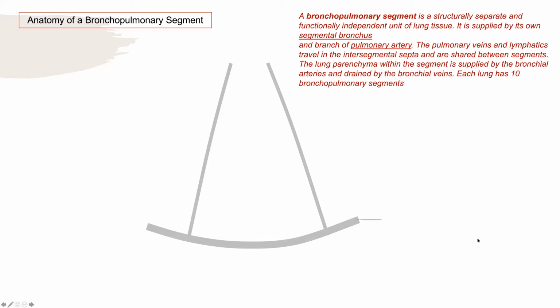Now, what is this area? What should we label it? We call it visceral pleura. I'm sure everybody knows about the visceral pleura. Going further, what are these? I mentioned earlier, these are the intersegmental septa. So this is one bronchopulmonary segment of my lung. There will be in the neighborhood another bronchopulmonary segment, and another bronchopulmonary segment. So this is how my lung, right side or left side, has 10 such units. And these units are called bronchopulmonary segments. And right now we are dissecting the anatomy of a bronchopulmonary segment.